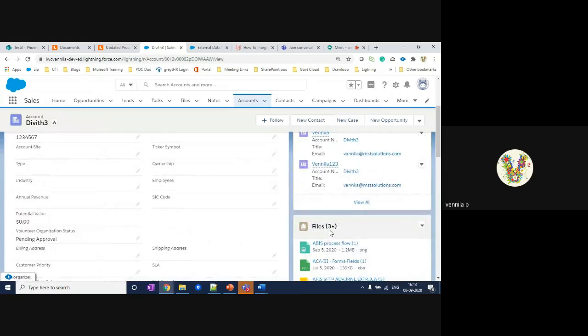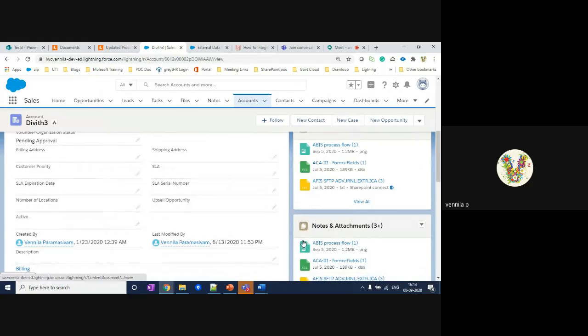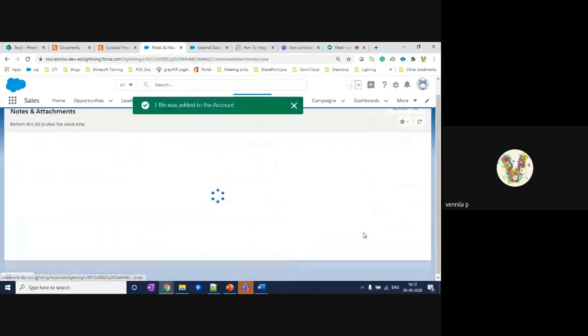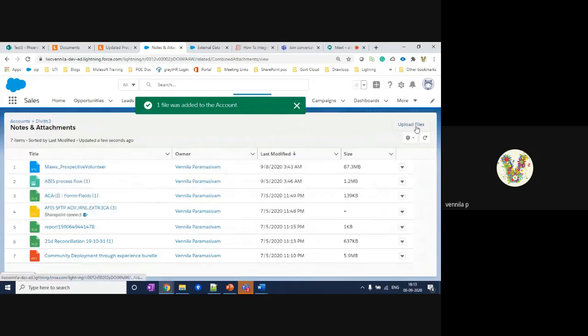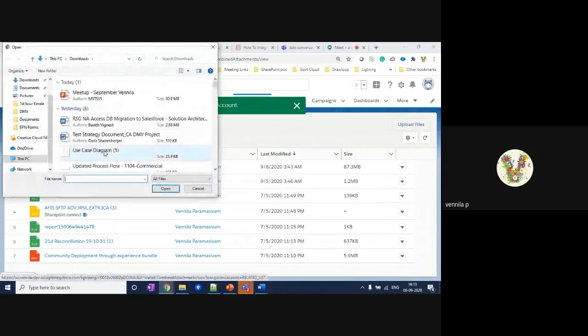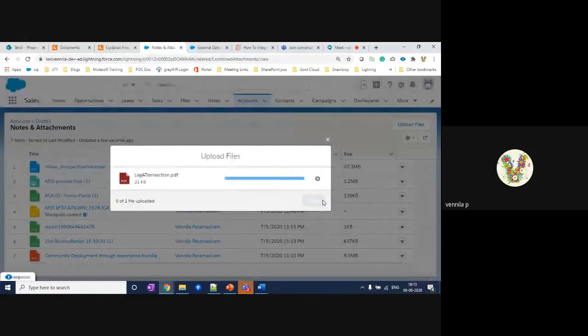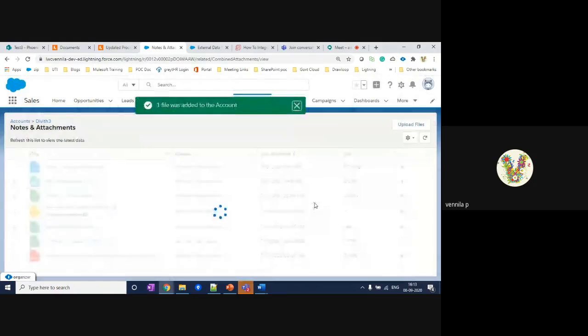Another option is to upload directly from Salesforce to SharePoint. For example, I'm going to upload one file from here. My file name is log a transaction. I select it and click Open. Now I'm uploading this file inside Salesforce.